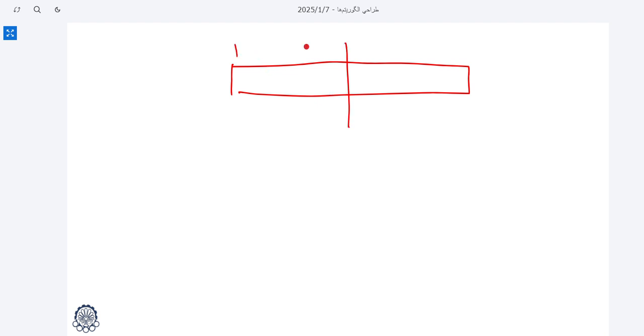Let me draw. At first we divide an array of n numbers into two parts. Each part has n divided by 2 numbers. Then recursively